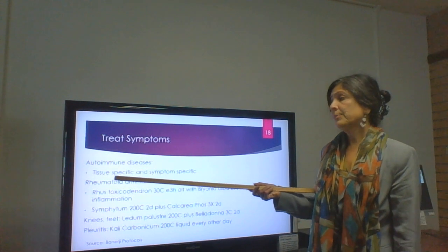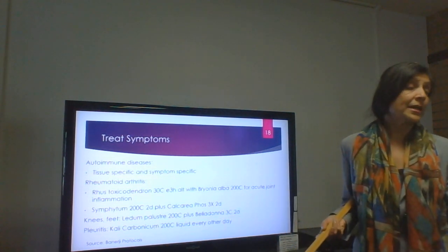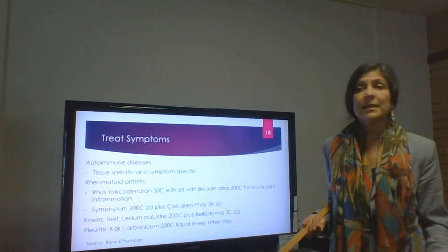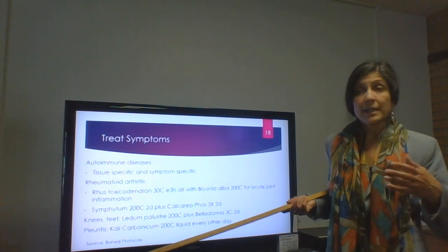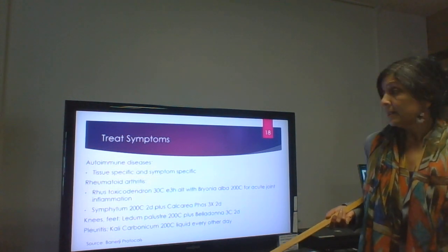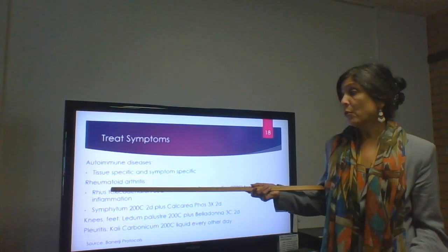So they made the division between different types of autoimmune diseases and tissue-specific and symptom-specific remedies. And that I thought was an act of genius because it breaks out your treatment modalities exactly by whatever the allopathic doctor diagnosed. You have a squamous cell carcinoma of your bladder, or a melanoma that is made of the following, rare things, and for that tissue, they have very specific remedies that work beautifully. Rheumatoid or arthritis,